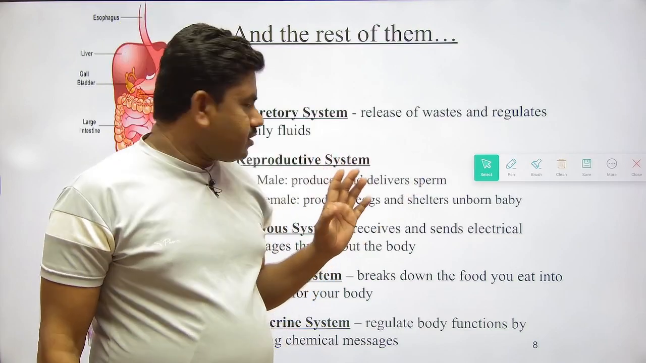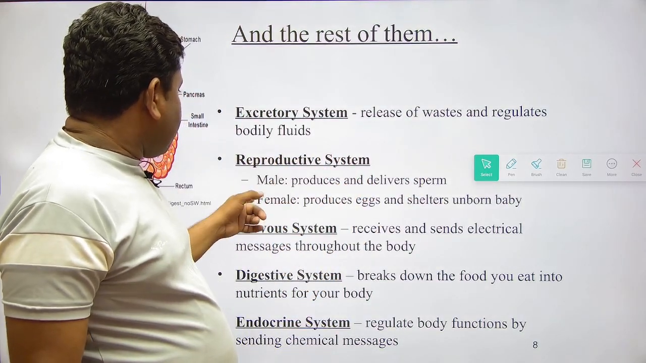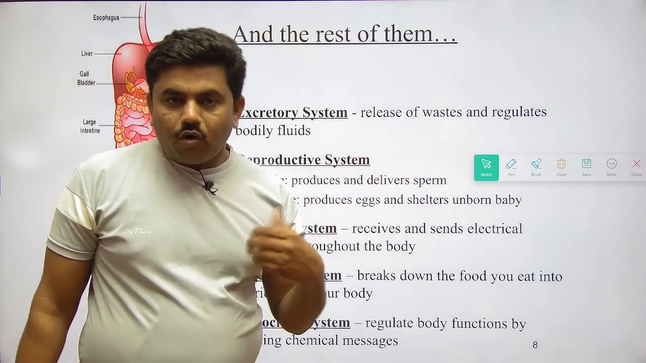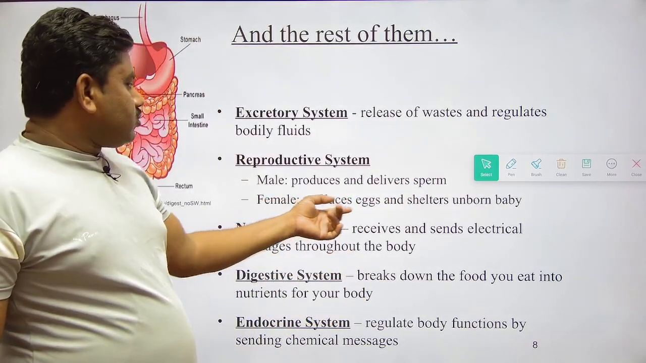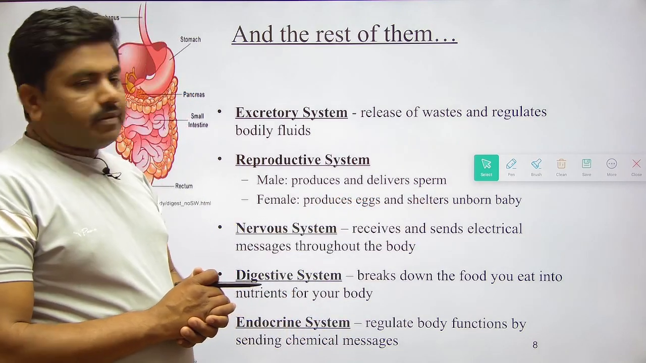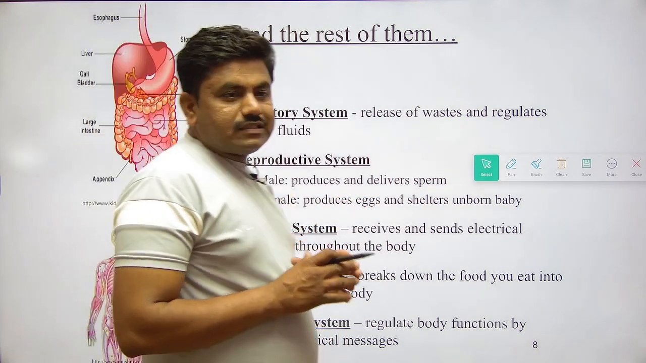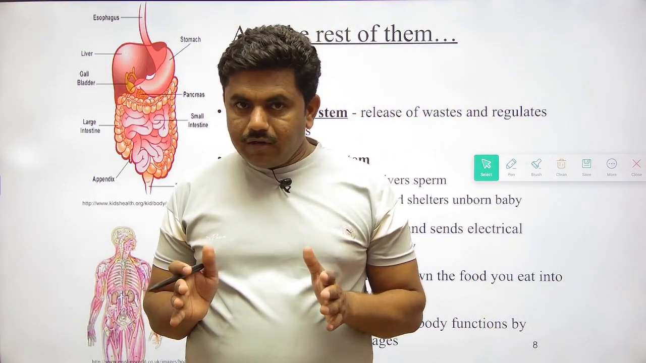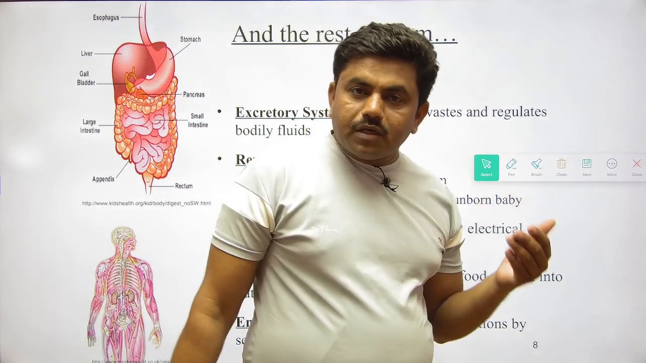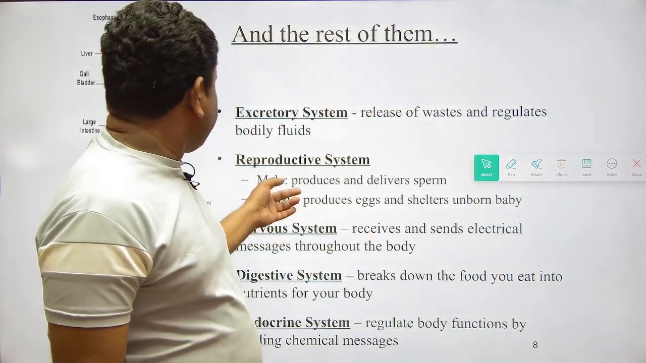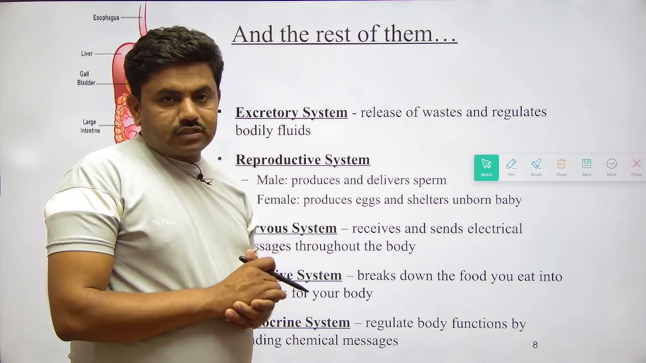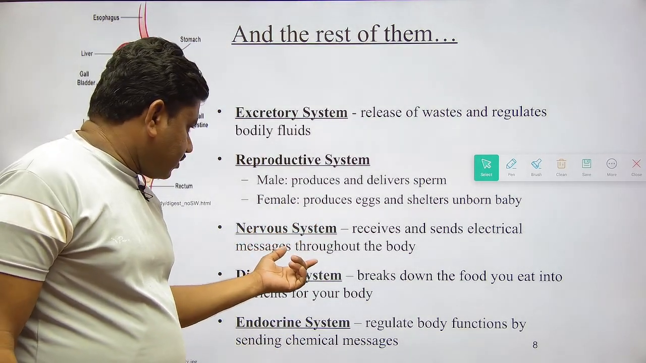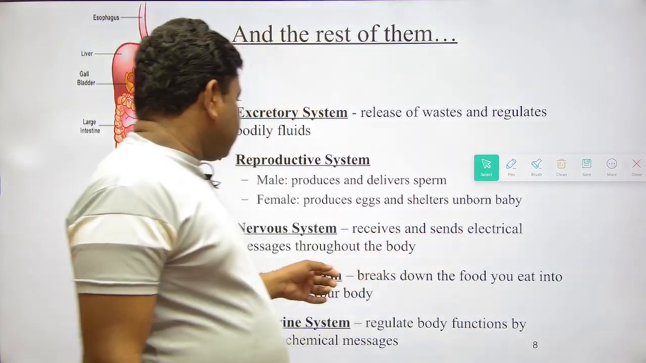Now, the reproductive system: the male produces and delivers sperm, which is related to reproduction. The female produces the eggs and shelters the unborn baby. Some animals, like humans, give birth directly to the baby, and that is why it comes under the reproductive system, male and female. Then the next one is the nervous system, which receives and sends electrical messages through